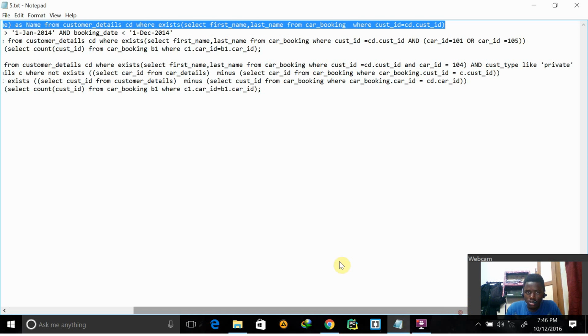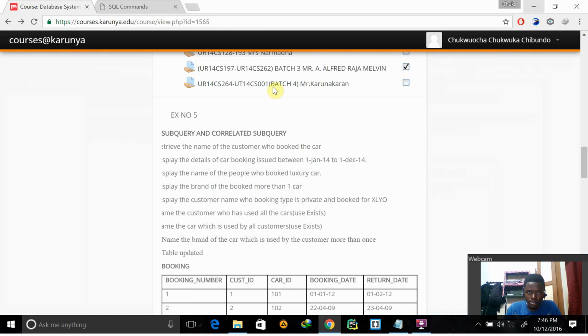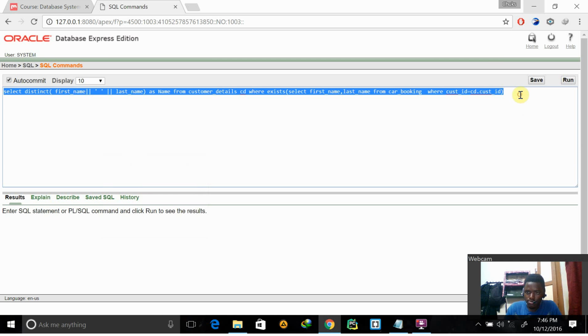So this is the subquery, where customer id is equal to cd dot customer id. If we copy this and paste and run it,